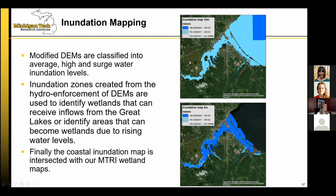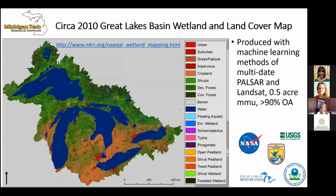So these dams are classified into average, high, and surge water inundation levels here. And then those inundation zones that are created are used to identify wetlands that can receive inflows from the Great Lakes, as well as areas that can become wetlands due to rising water levels. And so she intersects the coastal inundation map with the binational map that we have produced, which is available on